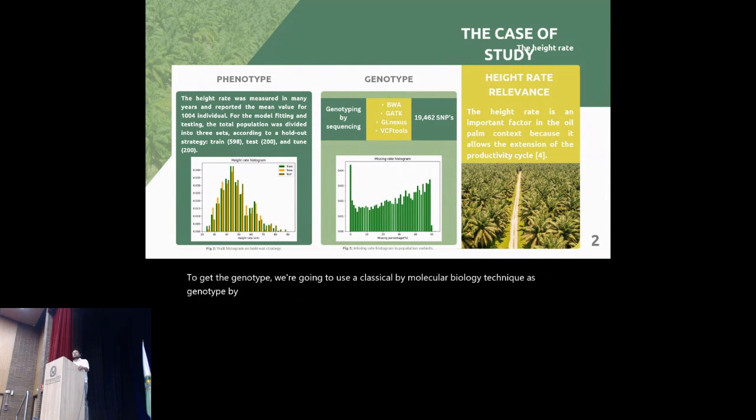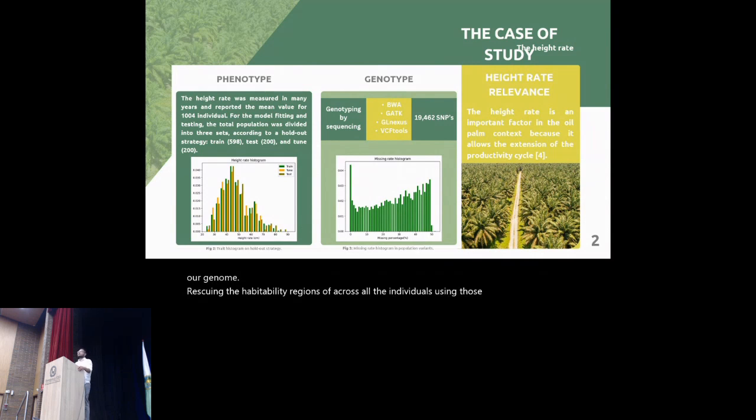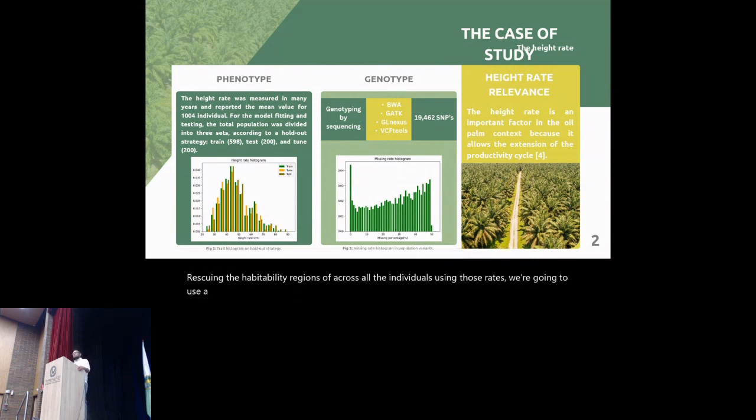This technique allows us to have a compressed representation of our genome, rescuing the high mutability regions across all the individuals. Using those reads, we're going to use a classical variant calling pipeline to get the differences between our materials. In this case, we implement the GPU-accelerated pipeline given by NVIDIA in the toolkit Clara Parabricks that is